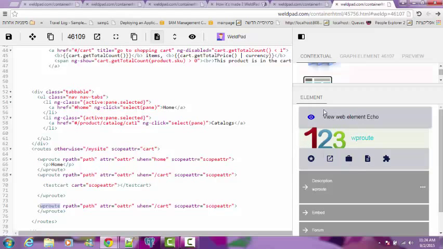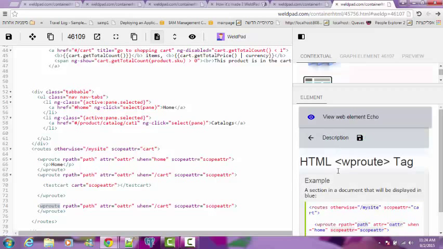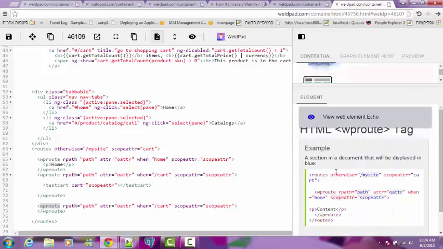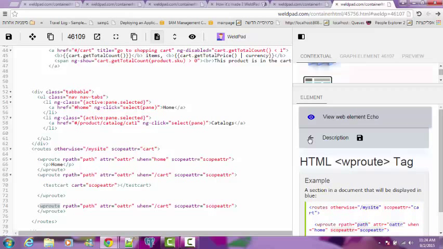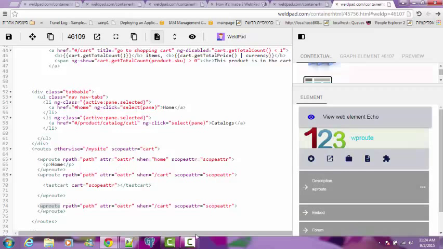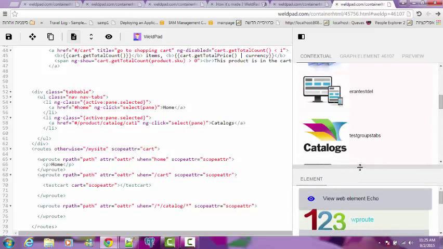The element will be shown on this panel. Click on the description, and in here you can see the description. All the things that you can do with this tag, and it describes also the attributes. Okay. So I'm gonna change the route to support the catalog, and I'm gonna add here the module that loading of